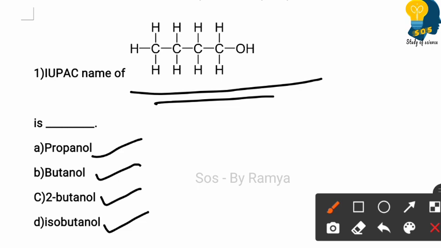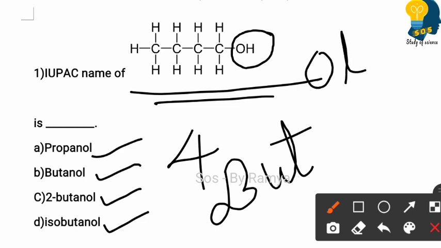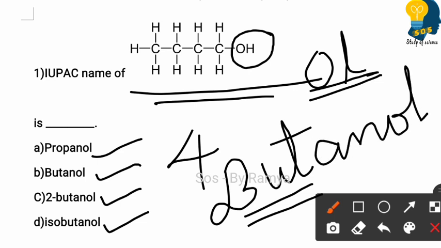Okay, so if you look at here, there are totally how many carbon atoms? There are 4 carbon atoms. So as you can see, 4 carbon atoms, it is but. So the word root is but. And you also have to look for the functional group now. See, OH always represents alcohol. So for alcohol, the suffix is OL. So but is our word root and the functional group is OH, that will have the suffix OL. So the answer is butanol. So option B is the correct answer.